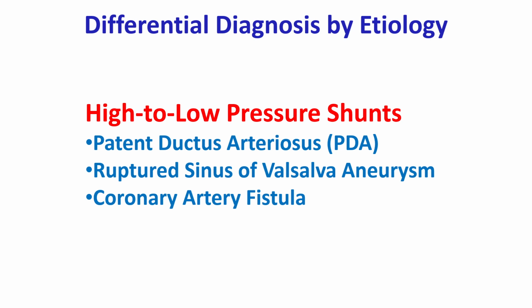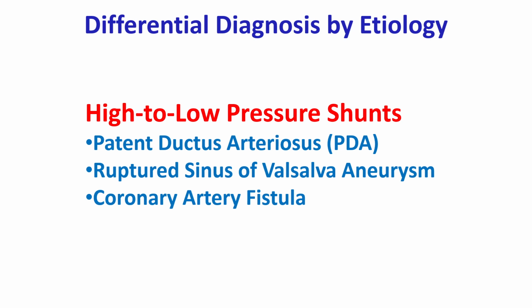Ruptured sinus of Valsalva aneurysm often presents with sudden onset chest pain or dyspnea. The murmur is typically loudest at the lower left sternal border and may radiate to the xiphoid process. Diastolic accentuation is a classic feature of RSOV into RV, as the tract gets compressed in systole, reducing the intensity